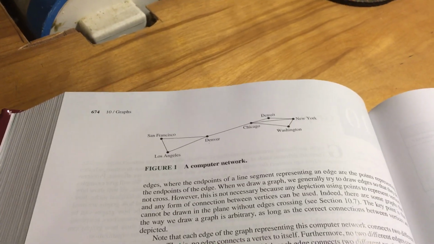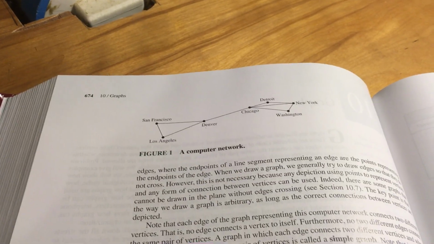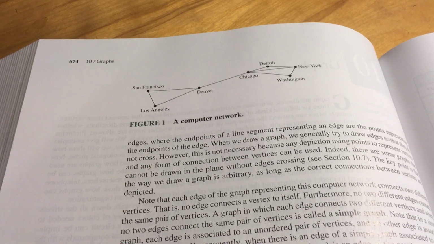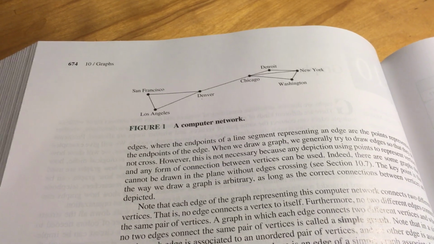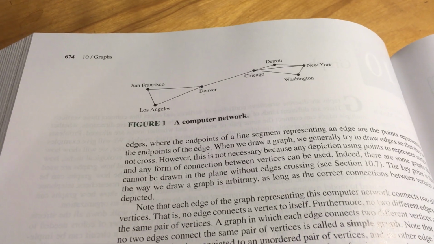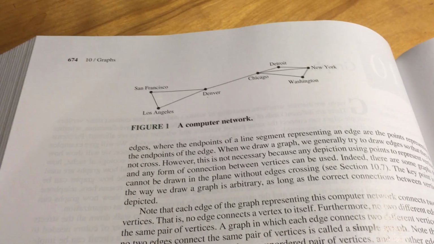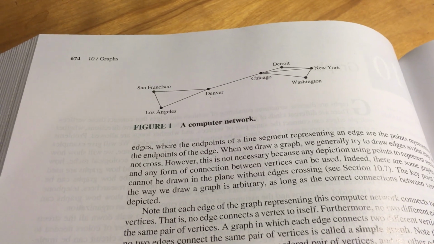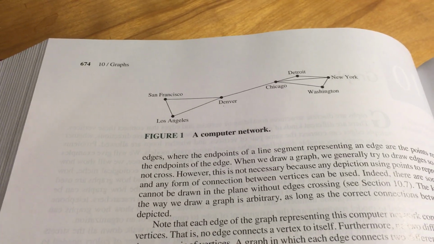Okay, this is section 10.1. Just gonna talk about a couple of the graph examples that show up in this section. You can read through the details of all of these, and I assigned the entire section in the reading. So I just wanted to comment on a few of them and try to capture the big overall idea with graph models, and that is that the type of graph you use depends on